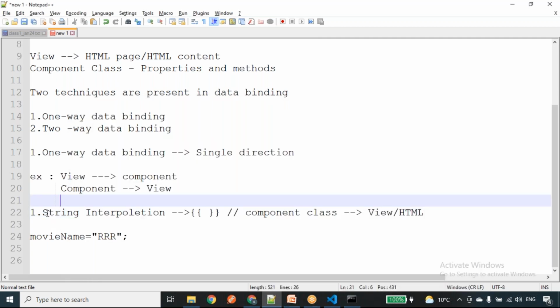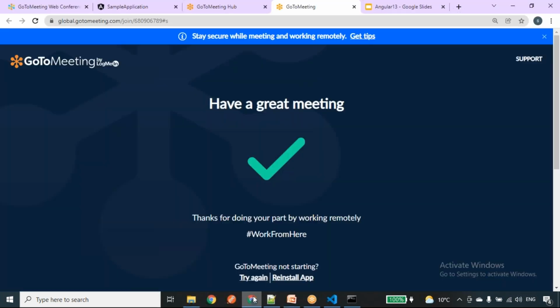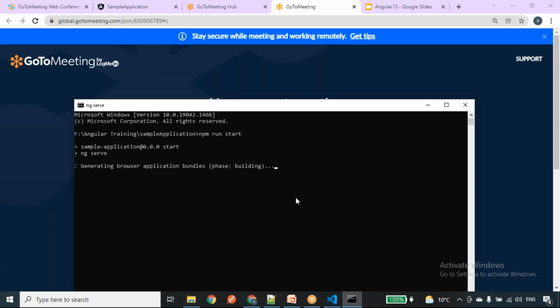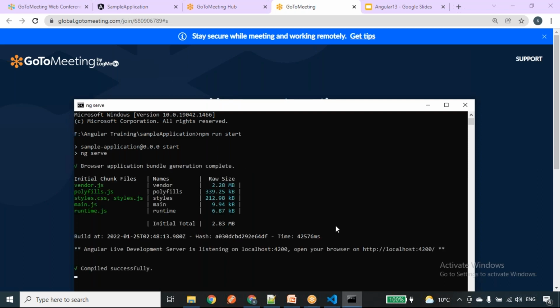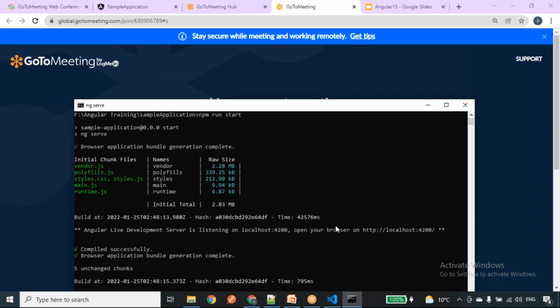Where exactly am I going to use this in real time? For example, I have a login page. Once I enter the username and password and click on login, we'll be displaying the username in the right side corner.